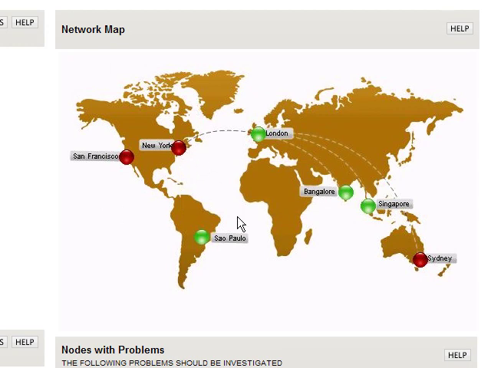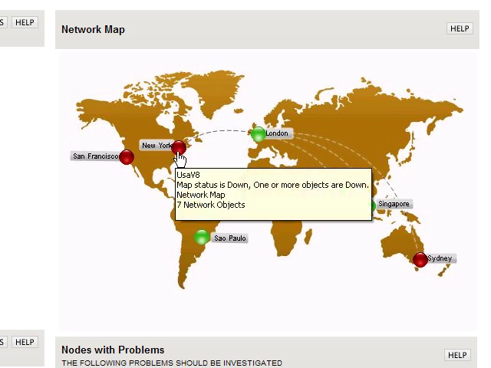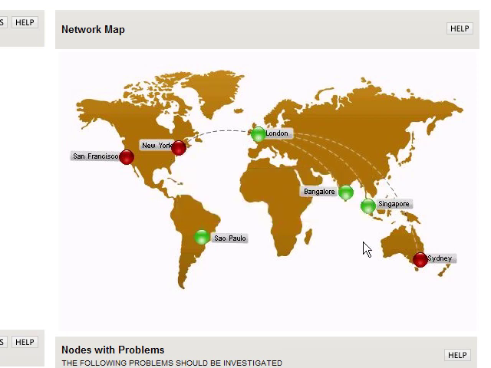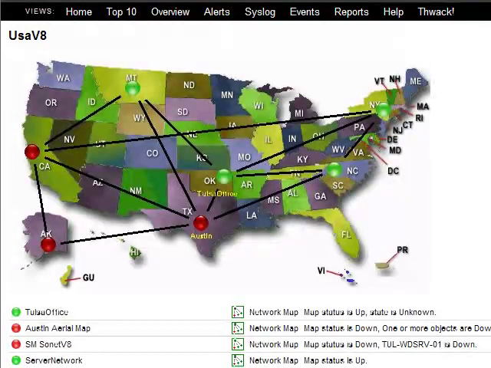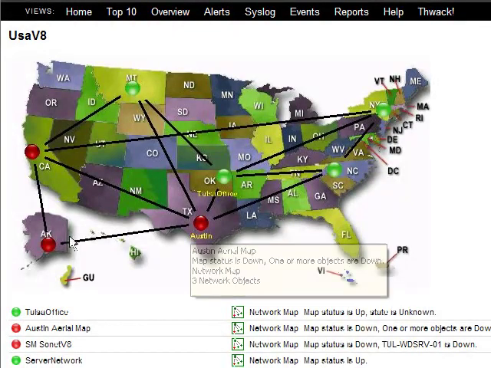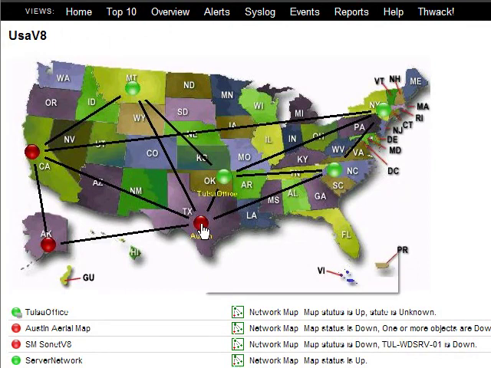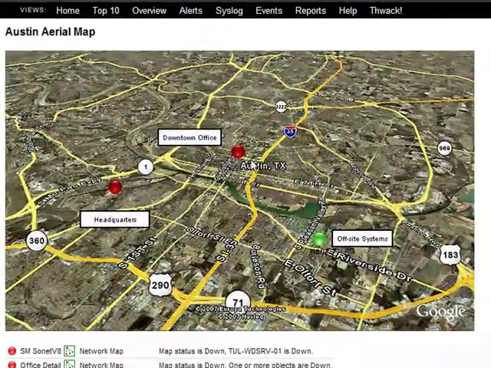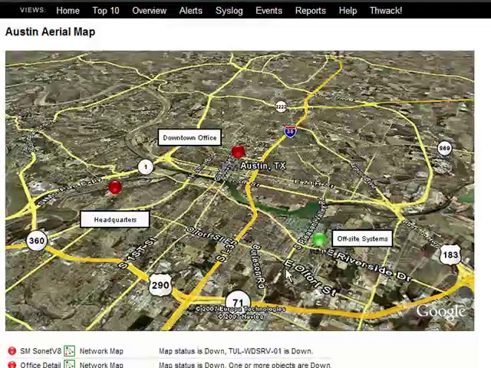So what you're looking at right now is an omniscient view of literally about 20 different maps. So as you can see, I have a bird's eye view of all of my locations. Red telling me that something is down in the United States and requires my attention. I then drill in and see that Austin, Alaska, and California all have locations down. I will then drill into Austin and identify the 2 locations here in the city of Austin that are currently down. I'll drill into this site,